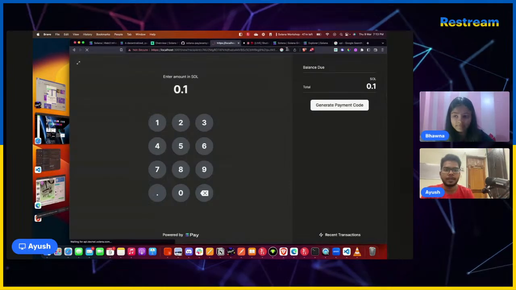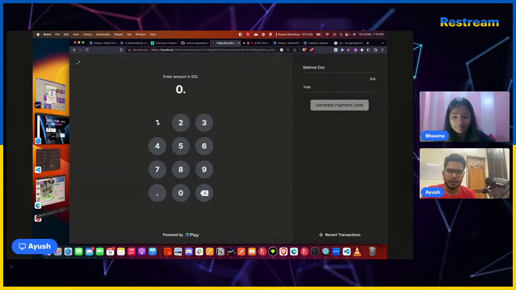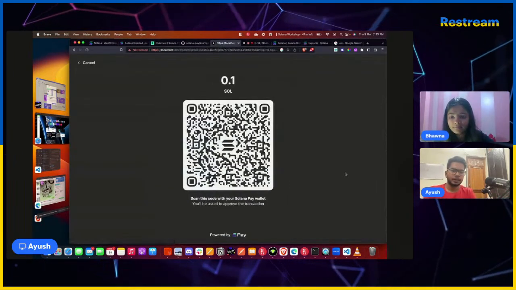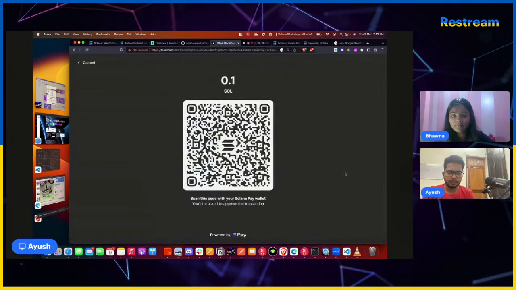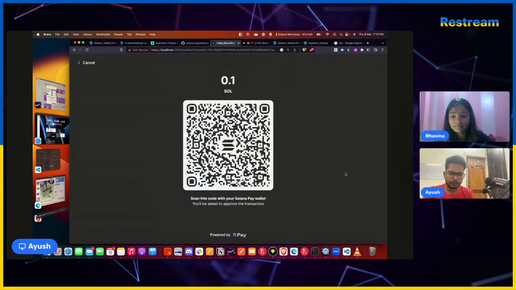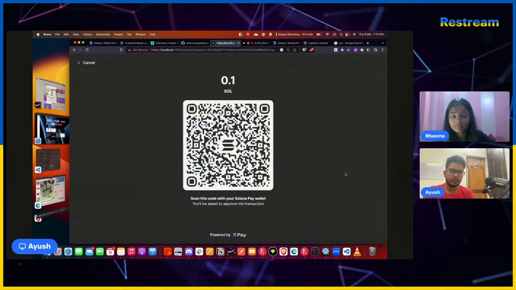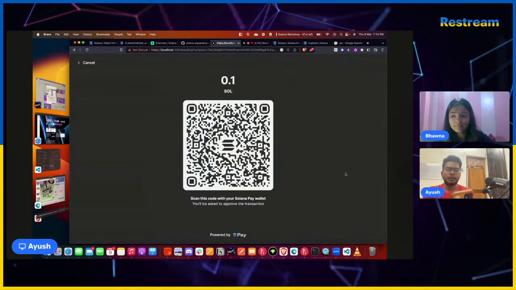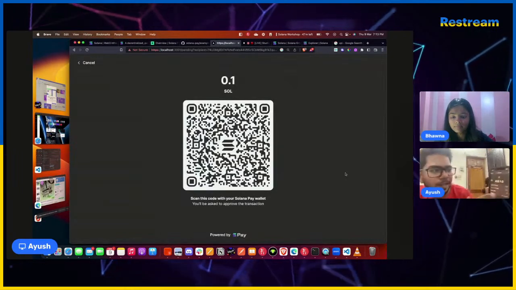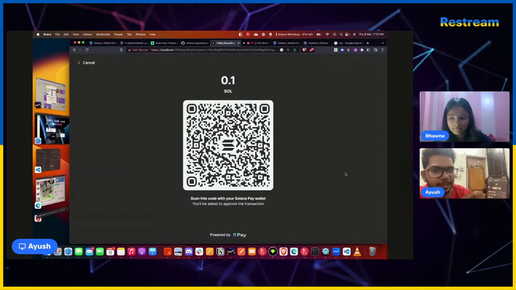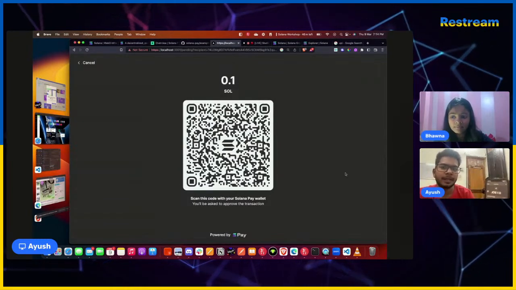So yeah, add the amount, generate the code, scan it. Here it will show you in the label that these are my details,